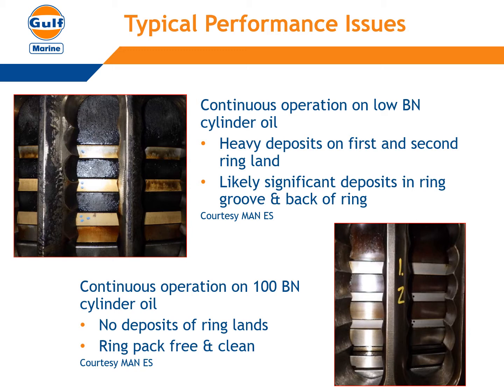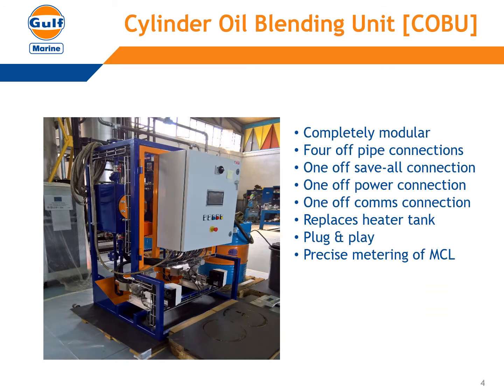The measure that seemed most successful in quickly assisting and resolving many of the incidents was to switch to a higher base number cylinder oil, up to 140 BN in some cases. Increasing the cylinder oil feed rate to an eye-watering 1.3 grams per kilowatt hour was another measure, but that had a somewhat limited efficacy. Gulf Oil Marine has worked with MAN Energy Solutions in the evolution of cylinder oil mixing